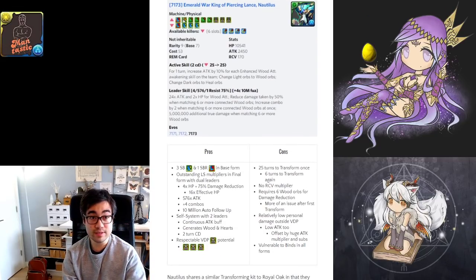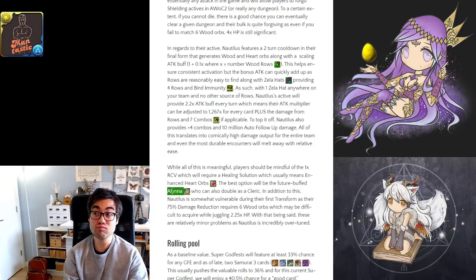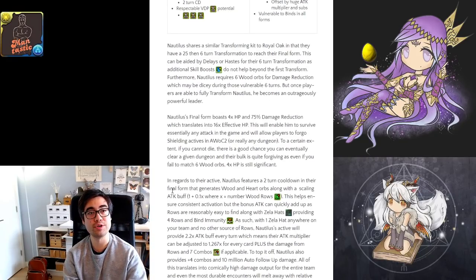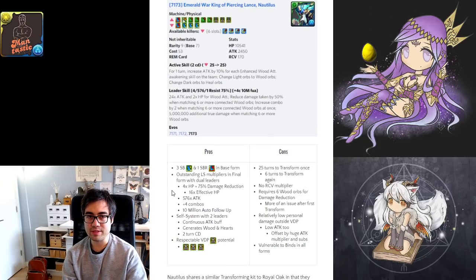Now, all of this sounds great and magical, and it definitely is, but you have to be mindful of the fact that you have only 1 times RCV, so something like Alnia can definitely solve that issue. She hasn't been fully buffed yet, so maybe Super Reincarnated Series might be a suitable alternative in the interim, but you can basically load up on whatever cards you really want. As long as you can transform in a timely manner, your subs are going to be dishing out monstrous amounts of damage. You have enough VDP potential with your 2 leaders, so there's not too much downside with this team overall,